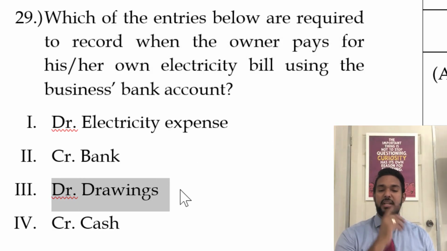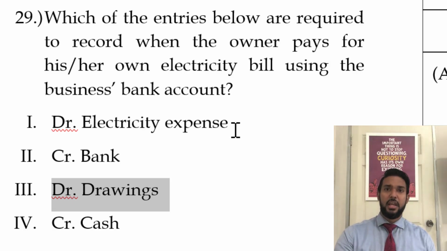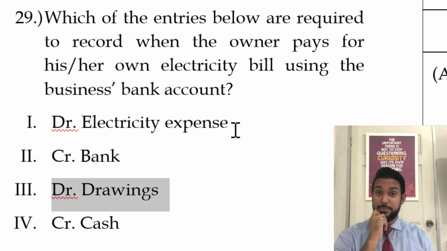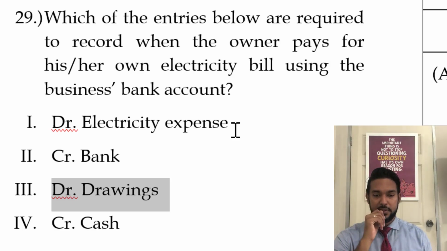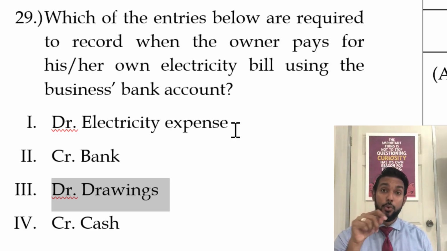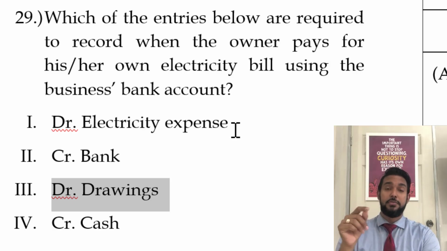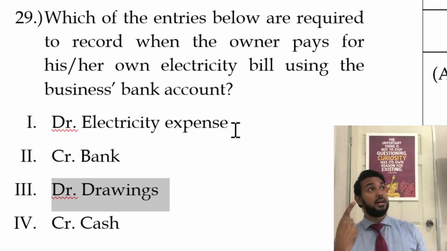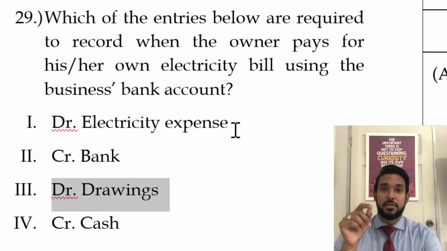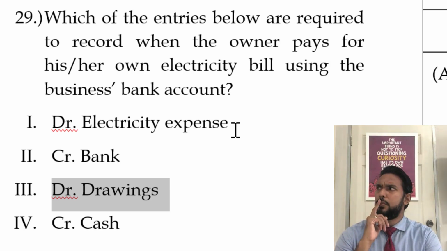Now, electricity expense. If we were paying the business's electricity expense, we would definitely debit that. That's fine. But we aren't paying the business's electricity expense. We're paying the owner's own. And remember, if you all watched video number 2, which you could find a link to in the description below, or maybe a card up there,